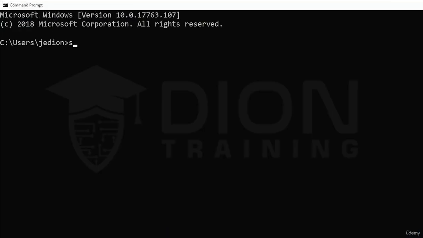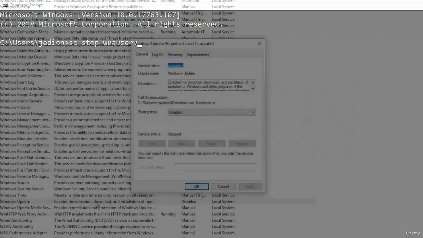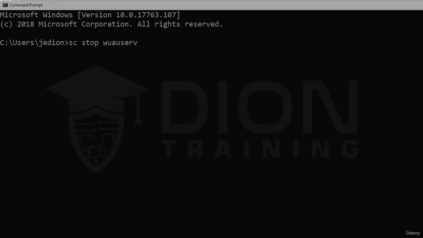From here, you can use SC, which is to control it through the services, stop, and the name. For that program that we just stopped, it is the WUAUSERV, which is the name of the Windows Update program, as you can see right here. So if I go back, if I hit Enter, it would stop that service. It won't do that right now because it's already stopped, but that is the command that you would use. SC stop WUAUSERV. The other way you can stop this in Windows is using the net command, and it's net stop